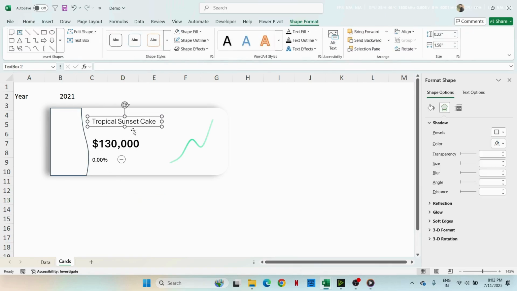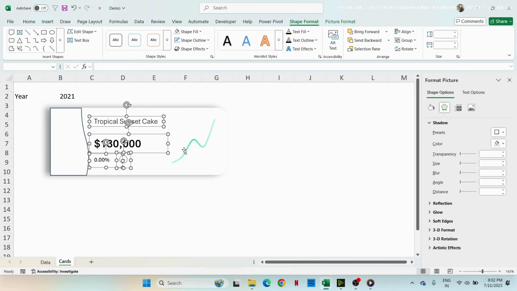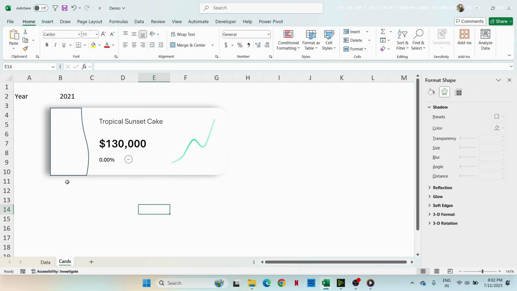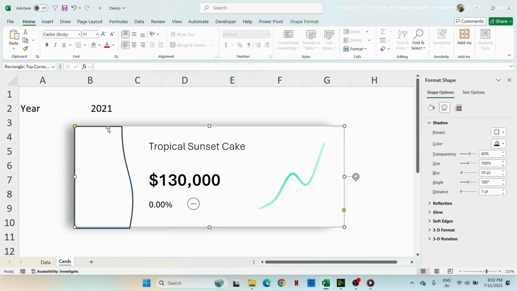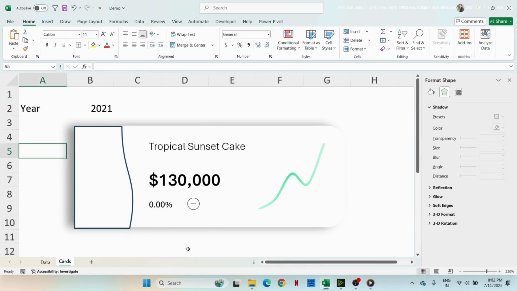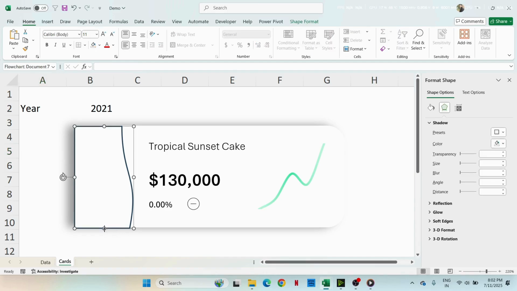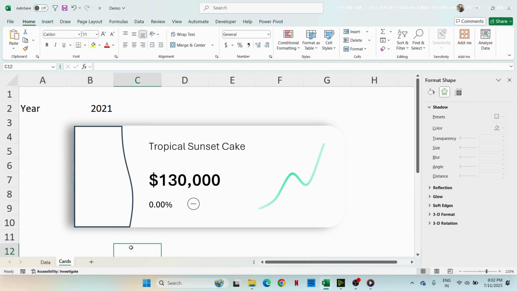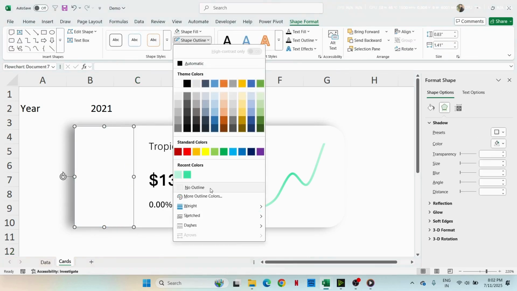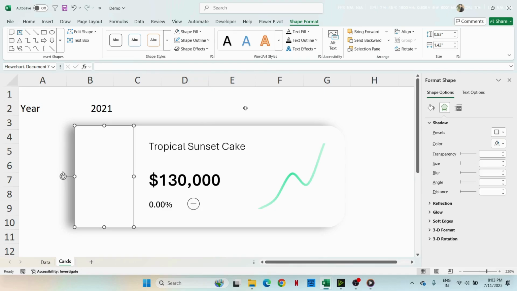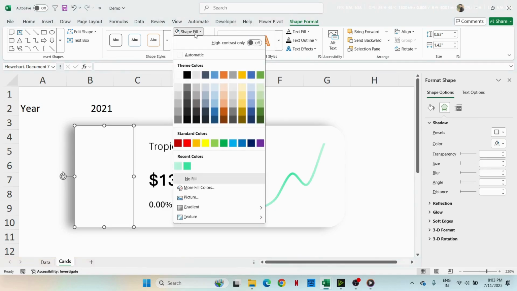Maybe we can drag this a little bit to the right, so that things are properly spaced. And if you want to see whether this is matching perfectly with the corners or not, you can just increase the zoom, and then manually drag it and adjust the settings. The next thing we can do is remove the borders once we are done with the alignment. Next, I can go to Shape Format, Shape Fill, and here